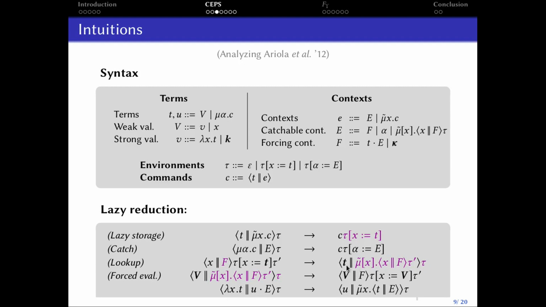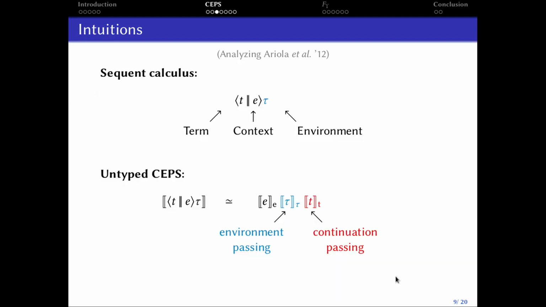And if t eventually produces a value here, a value v, then we put back x together with the value v, and we go on with the computation now where x has been substituted by v. So this is really lazy. We lazily store, and if we really need it, then we do the computation, and once we've done it, it is done forever. Okay, so this is lazy evaluation.